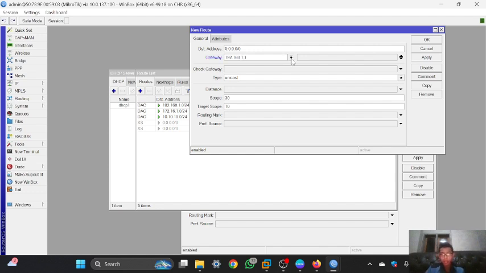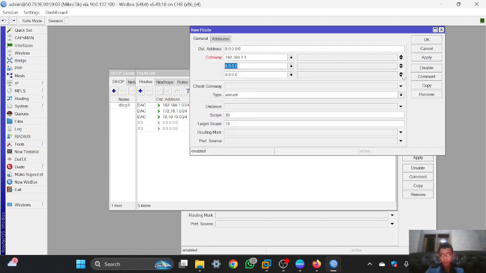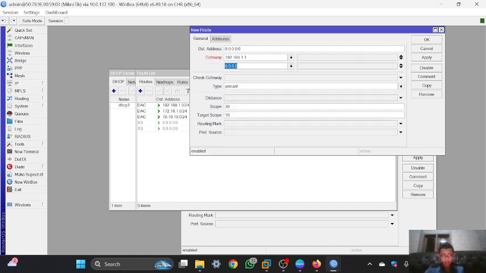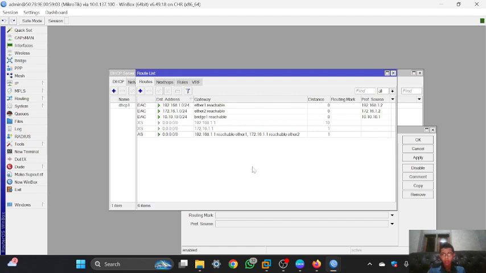And I will do the same thing: I will add an IP again that connects to the ESP2. That is the ECMP method, and then you can click apply and OK.